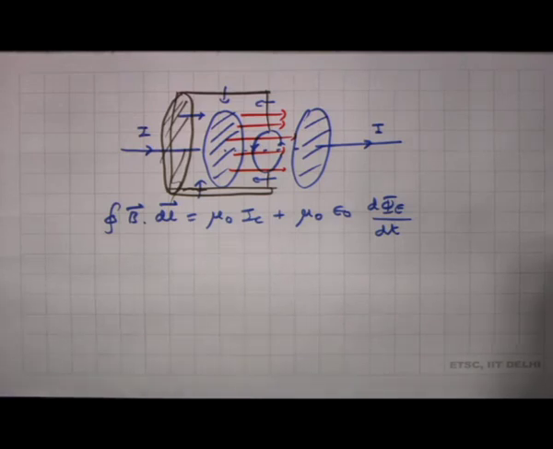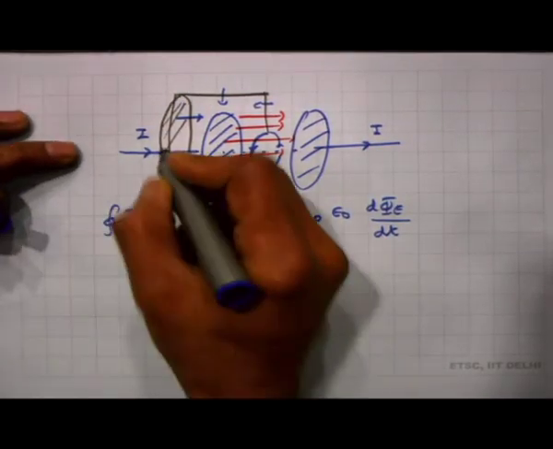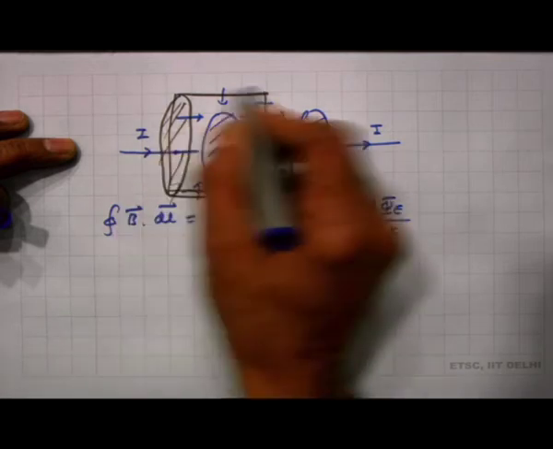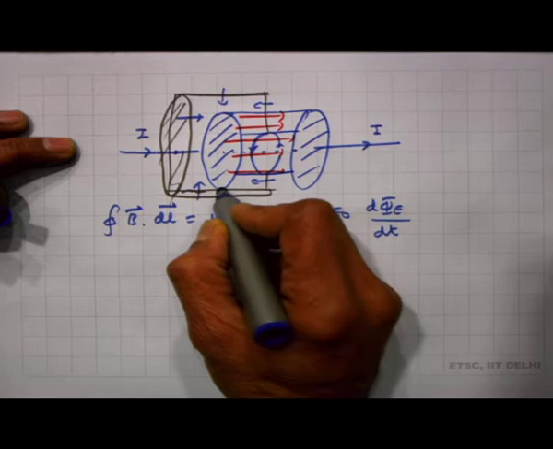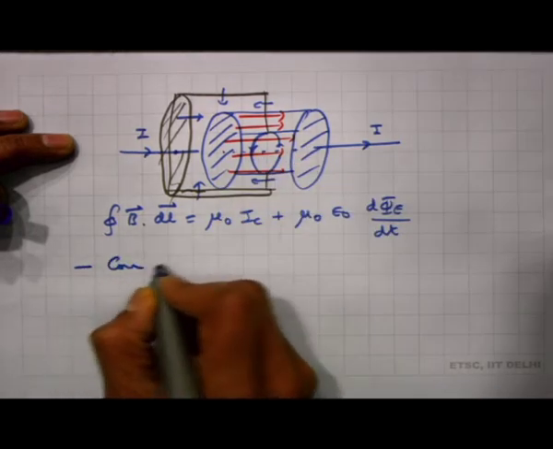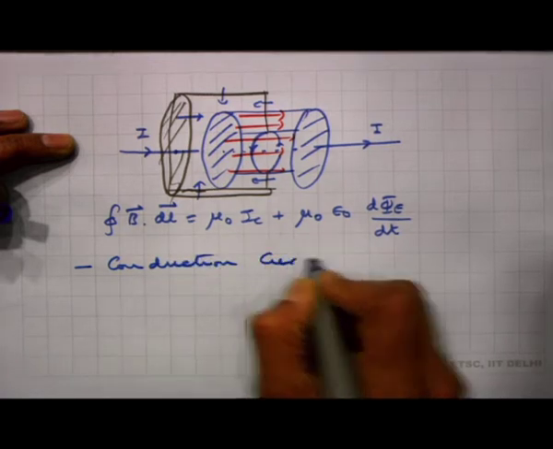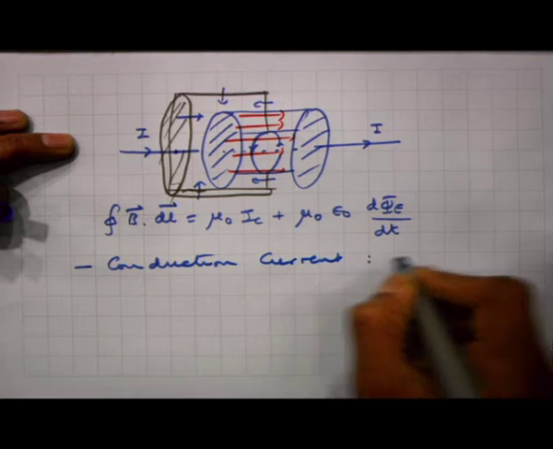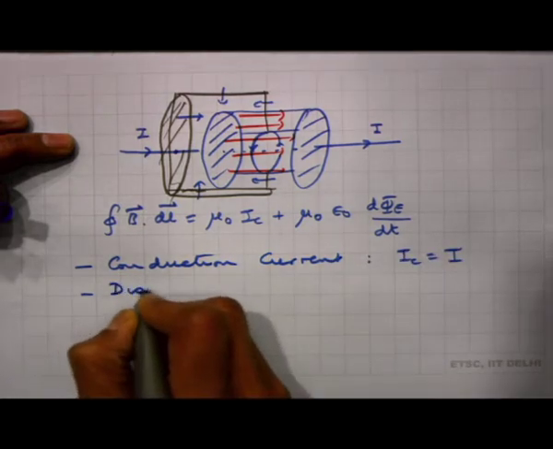So, now what happens in this problem is on this surface area there is conduction current entering from this point, there is no current anywhere except in this region, in the cylindrical region between small r and capital R. So, there are two currents now, conduction current I, IC is equal to I, and displacement current